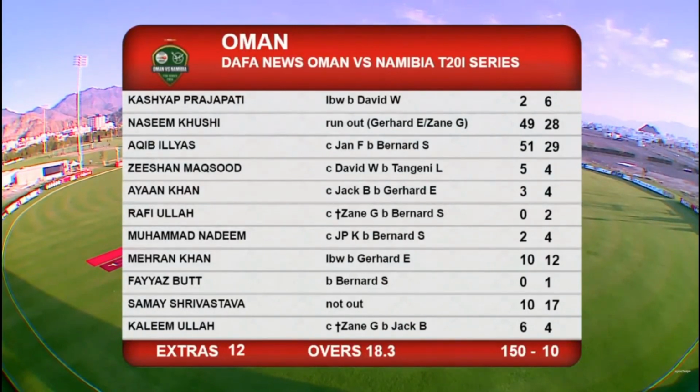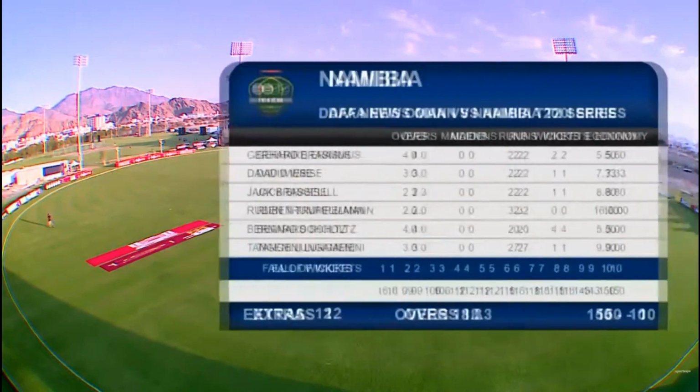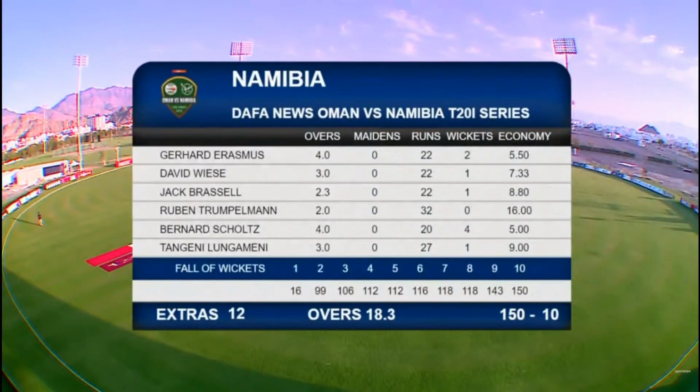At the moment, Oman versus Namibia T20I series, the final T20I. Kashyap Kumar Prajapati going early, Naseem Khushi and Aqib Ilyas, and that was the last man to dismiss. If you're talking about the bowling card, it was the spinners who did the majority of the damage. 6 wickets in tandem for them. Gerhard Erasmus, who opened the bowling, 4 overs, 22 runs and 2 wickets. That economy of 5.5 would certainly